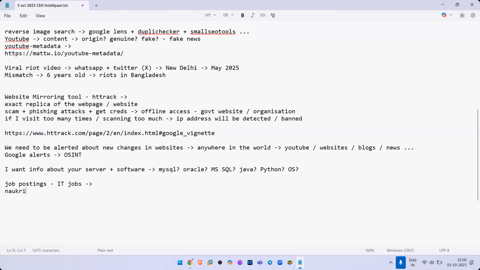You can go to portals like naukri.com. You can go to portals like LinkedIn. You can try international portals, and a lot of websites that will give you details, like ZipRecruiter.com, Indeed India, Monster India, Glassdoor.com, Foundit, and so many such websites.